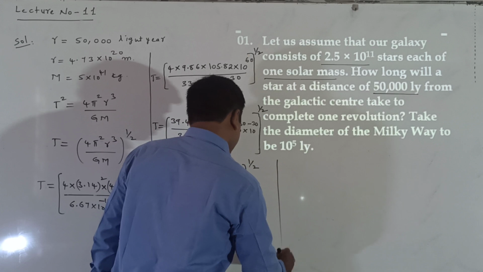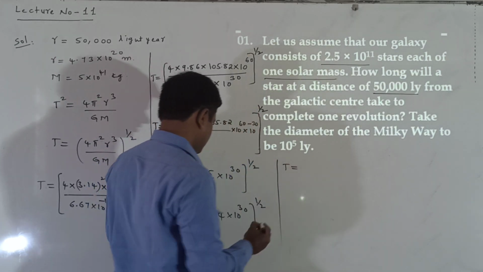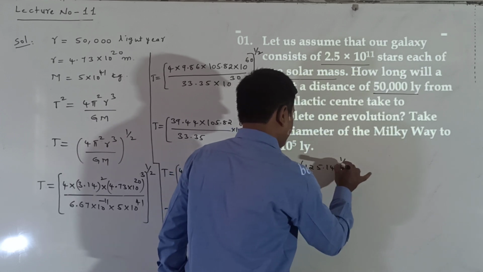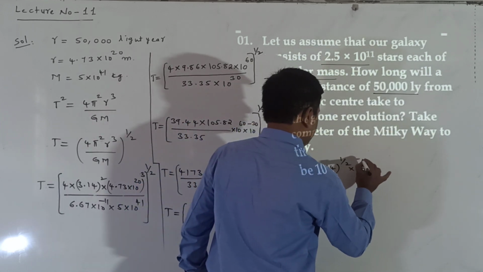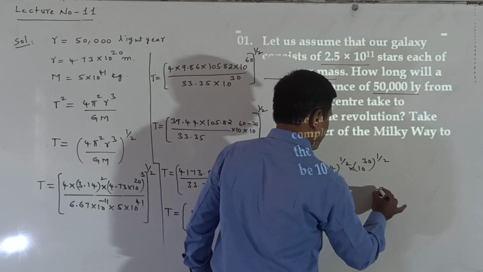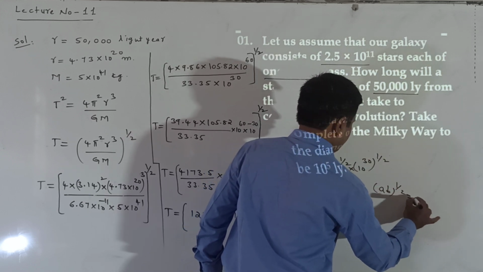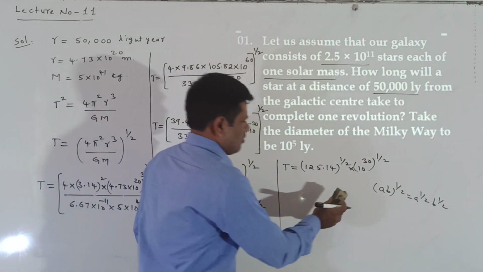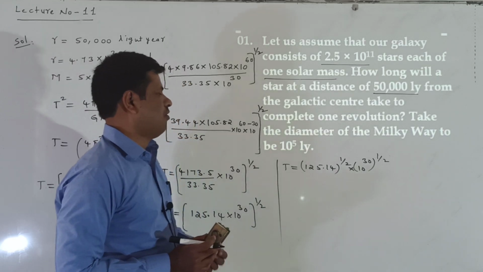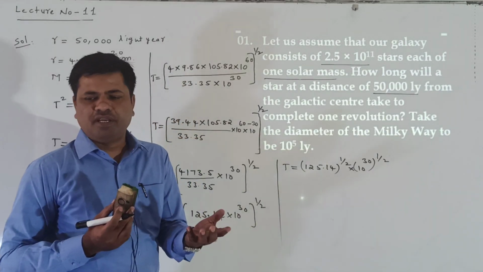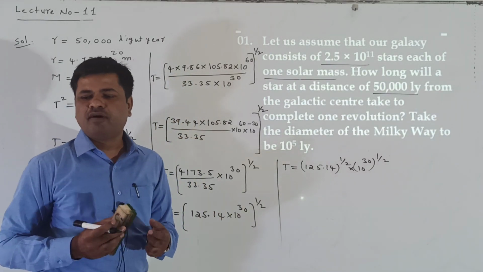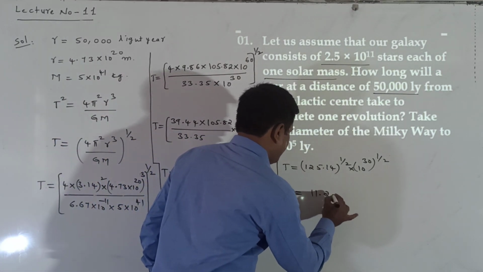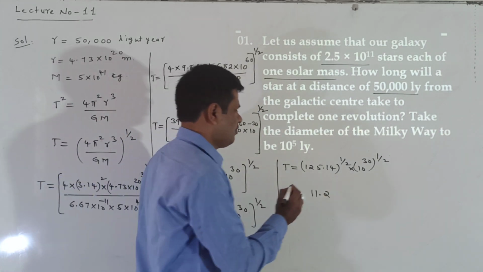Now we are making the square root. T is equal to, separately, square root of 125.14 whole power of 1 by 2 into 10 power of 30 whole power of 1 by 2. This is a formula: AB power of 1 by 2 means A power of 1 by 2 into B power of 1 by 2. Now 125.14 whole power of 1 by 2 means the square root of 125, near about 11.2, into